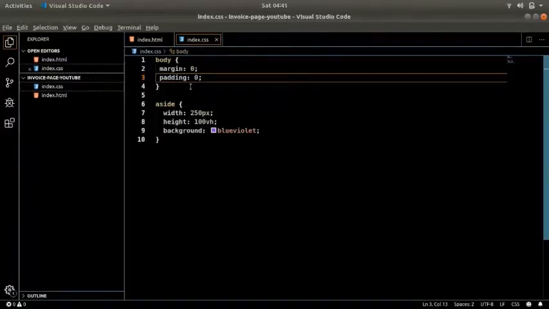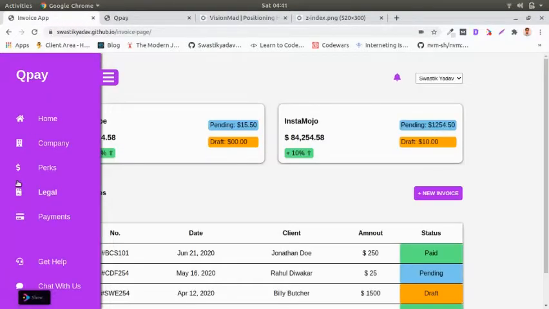We save it, and if I refresh now, you see that the empty space is gone because it was the default of the browser. I overwrote it and it's fine now. This looks pretty decent. Nice one. So with that, let's move on and actually start writing the content of the sidebar.